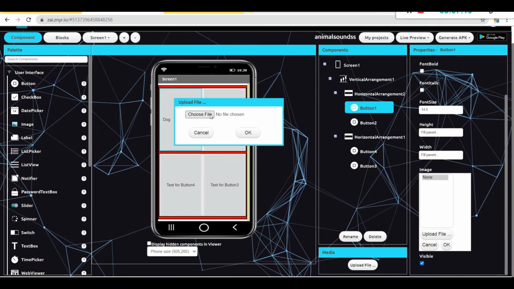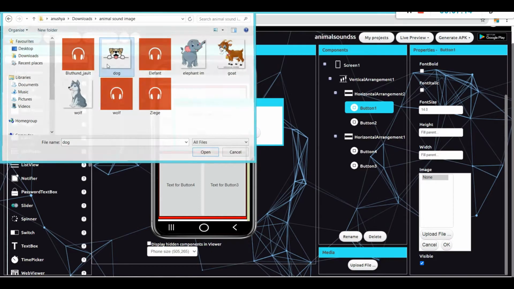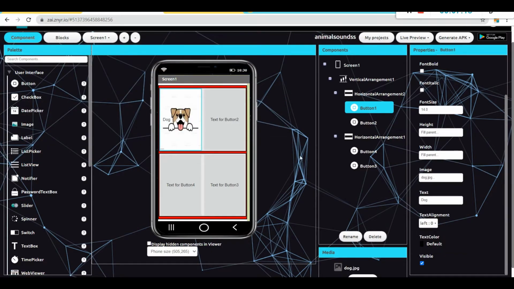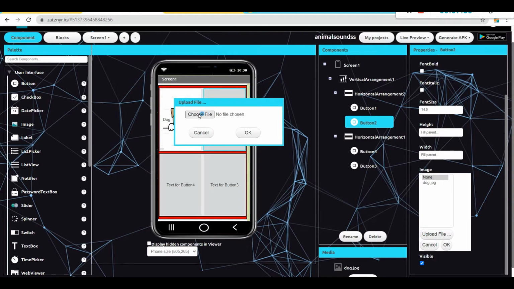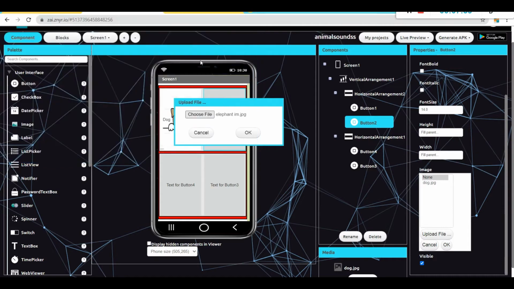Now I am going to choose the file of dog. So dog, I'm just going to click OK. Yes, it has been shown over here. Similarly for my text button 2, if you want to change the text name you can change it, or else I'm just going to leave it blank and insert my second image: upload file, choose file, and maybe I can insert elephant.